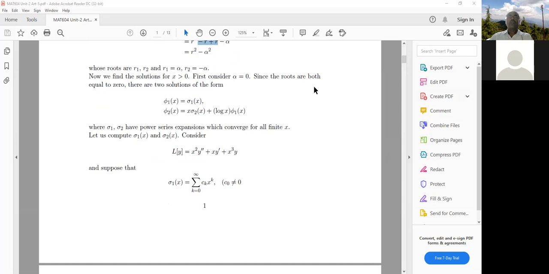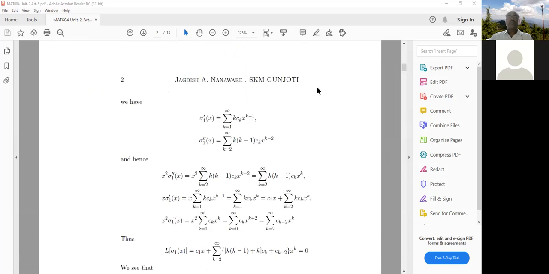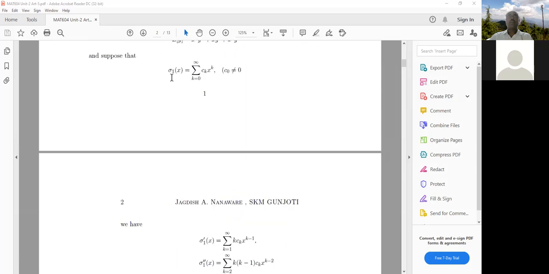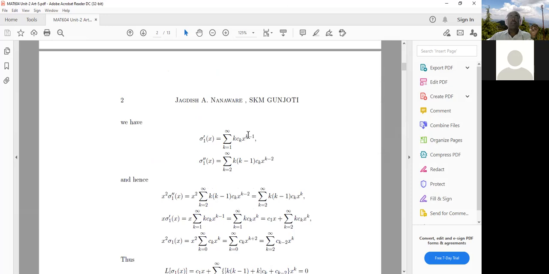So let us do this now. If you find the derivative of this series term by term, you will see that ck is constant, derivative of x to the power k is k into x to the power k minus 1, and therefore we have the first derivative like this. So this summation starts with k is equal to 1 and not with 0. If we take k is equal to 0, this term will disappear, and therefore we start this summation from k is equal to 1.